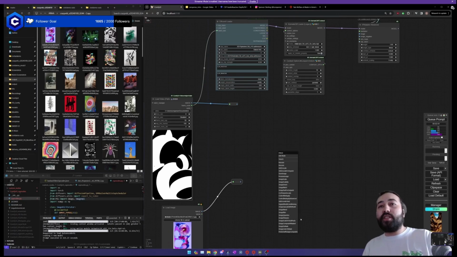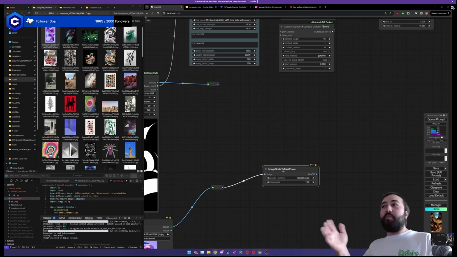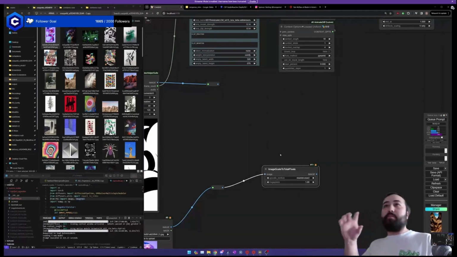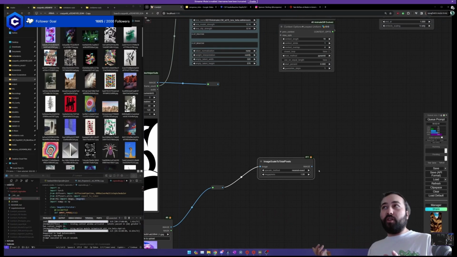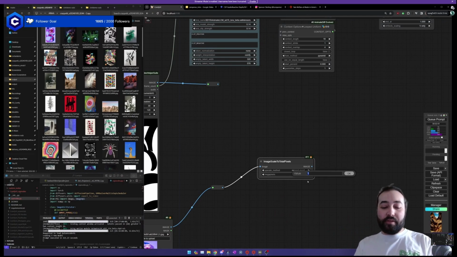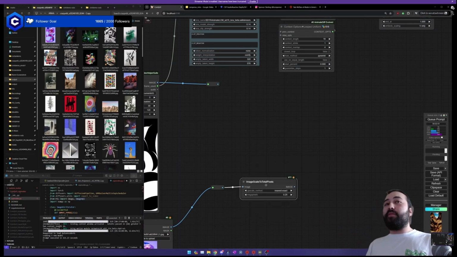Then I'm going to do image scale to total pixels. So instead of scaling image by or scaling to a specific resolution, image scale to total pixels is just going to measure it in the total area of pixels. At 1 megapixel, it's basically 1024 by 1024, that equivalent resolution. So I'm going to bring it down to 0.25, which is closer to a 512 by 512 resolution.